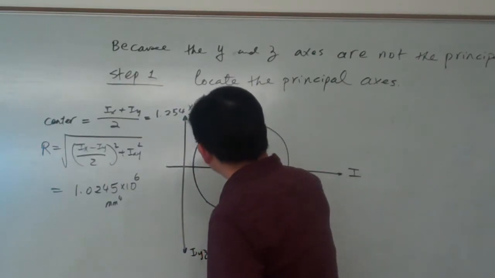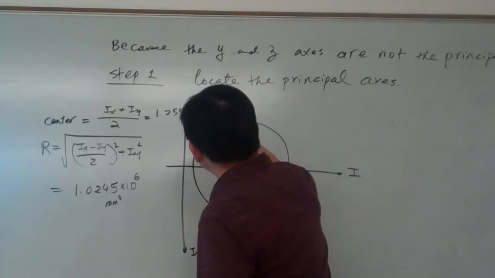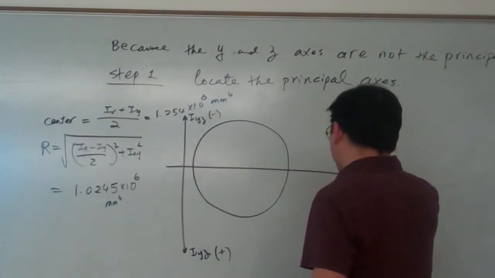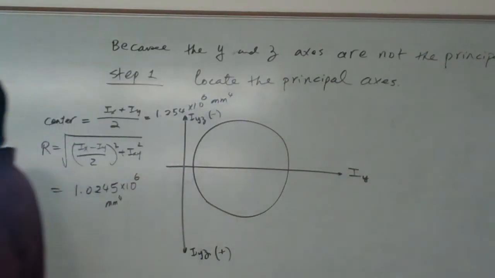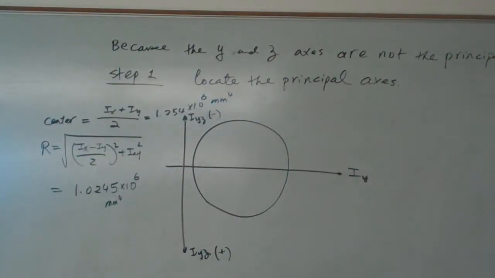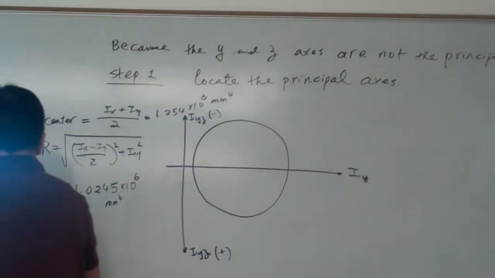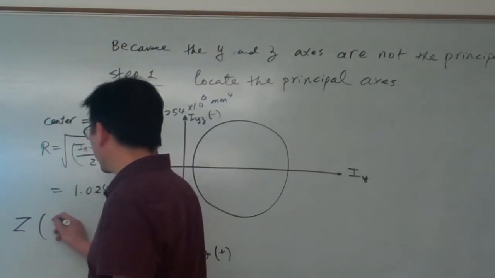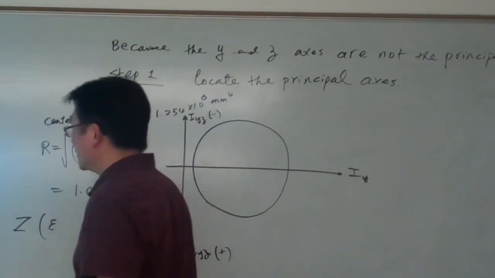Iyz minus, plus, and Iy. So here we are given the Iyz is positive. So that means for the Z point on the Mohr circle, let me write here, that has a coordinate given by